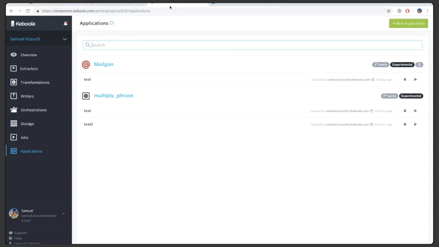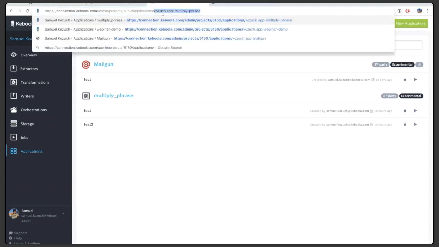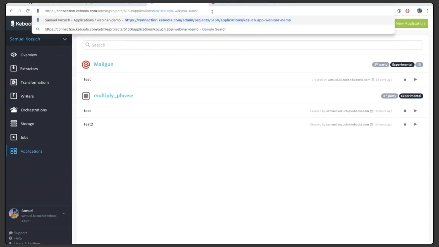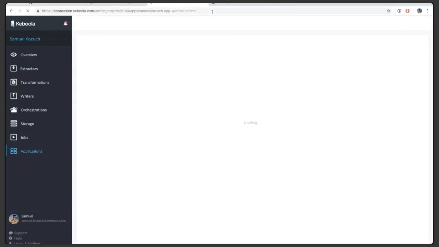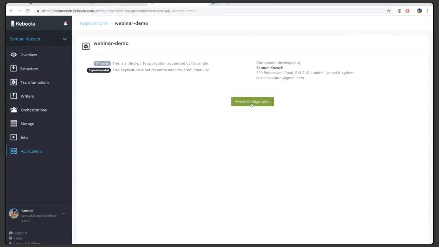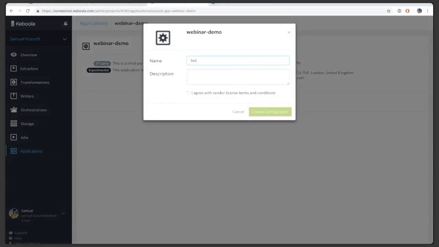but we don't see it here. So what you can do is access this by modifying the URL and typing in your ID of the application, which was provided to you in components. And now here it is. So let's just create a new configuration. Let's call it test,